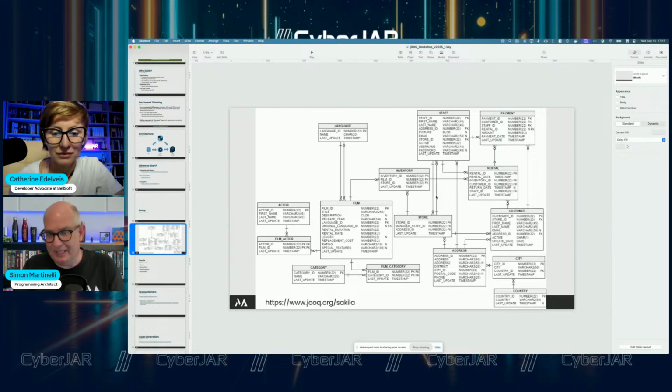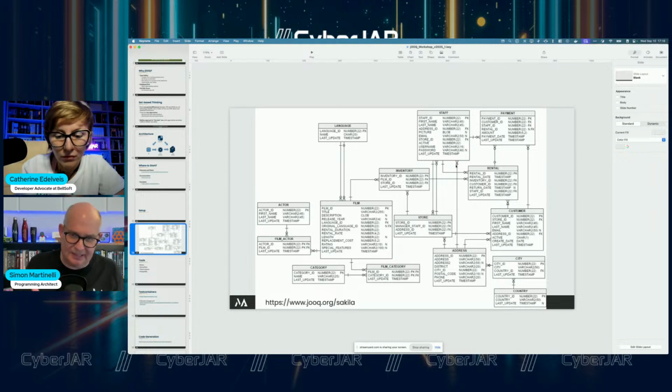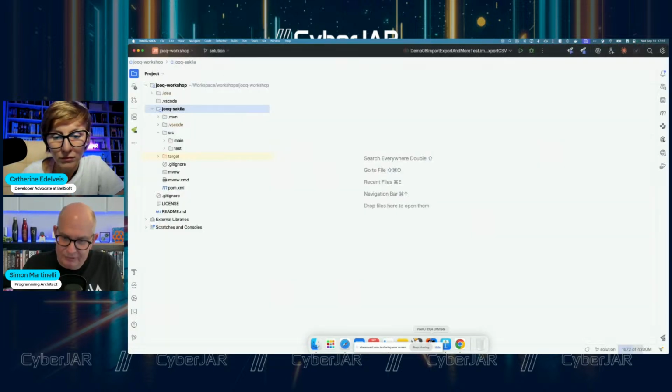We have a language. We have an inventory in the store. So the store has a certain number of films, and the store will rent the films to customers. So we have rental, we have customers with address, and we have payment, and in the store we have staff. So that's the model that MySQL uses. And the creator of jOOQ, Lukas Eder, adapted this database model to a few very common databases like Postgres, for example. And in my example here, I use a Postgres database.